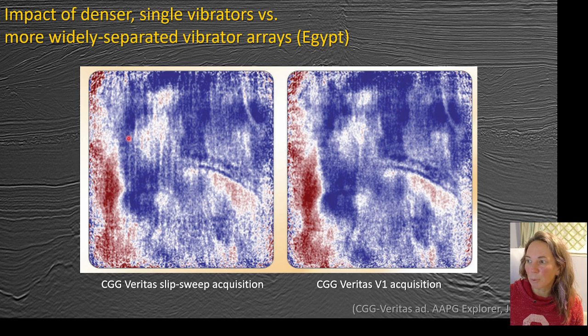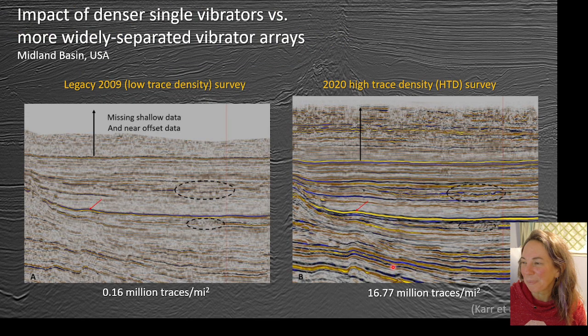So the slip sweep acquisition and then the more detailed vibrator arrays over here on the right hand side. And so you could clearly see the difference in acquisition footprint. So you've got that vertical striping, and so that's something you kind of want to be aware of in interpreting. I've been interpreting so long, I just kind of mentally filter out acquisition footprint, but it's not